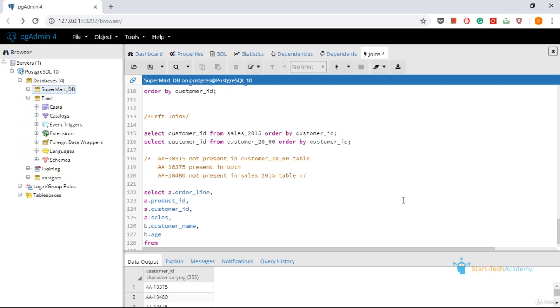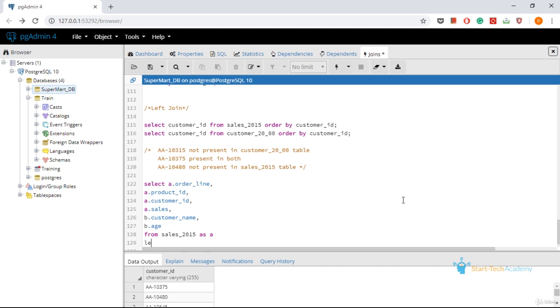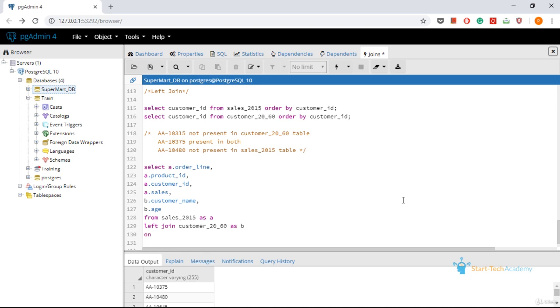From the table sales 2015 as A, and left join with customer table as B. So this is customer 2060 as B on customer ID.